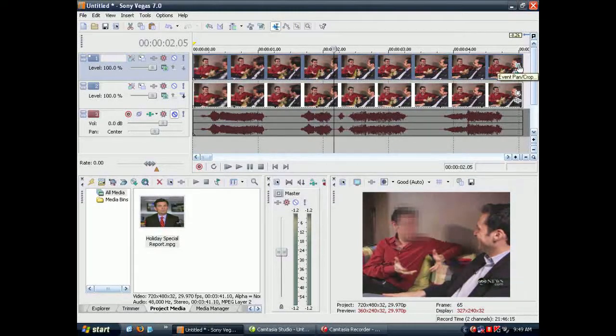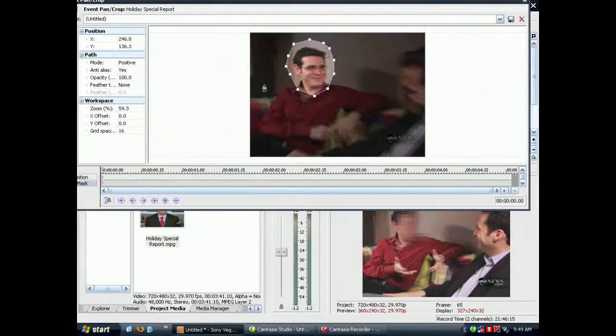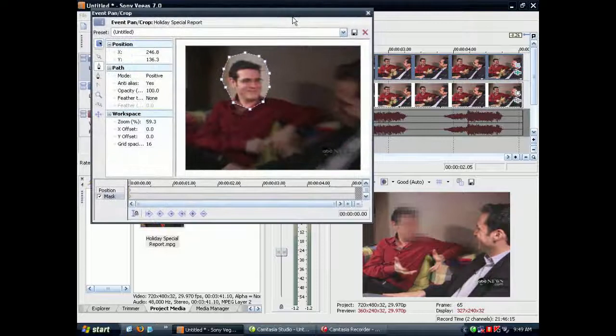So go back to your pan crop tool, and that's going to open up the window there. Make sure that you're able to move freely. So you want both the up, down, and side to side arrows activated. Click on the normal edit tool. And here we can move the blur effect around. Now, the face is going to move a little bit, so we want to keyframe that motion. Once you get it to where it's looking about right,